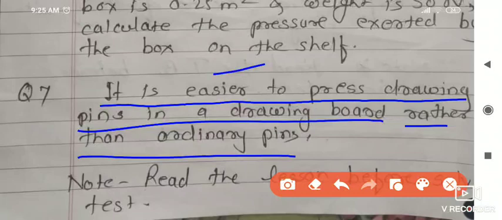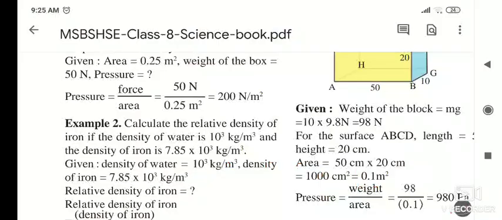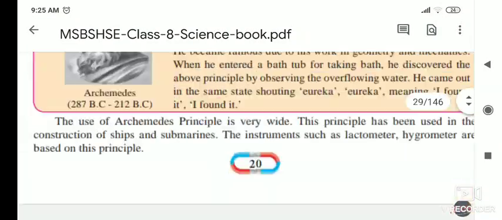Here, if this pin is there, its contact area is less, and the broad part is there. If you press it from above, you can apply more pressure on this small area, and so it easily penetrates inside the drawing board. So its answer we will see in our textbook. The answer for this question is